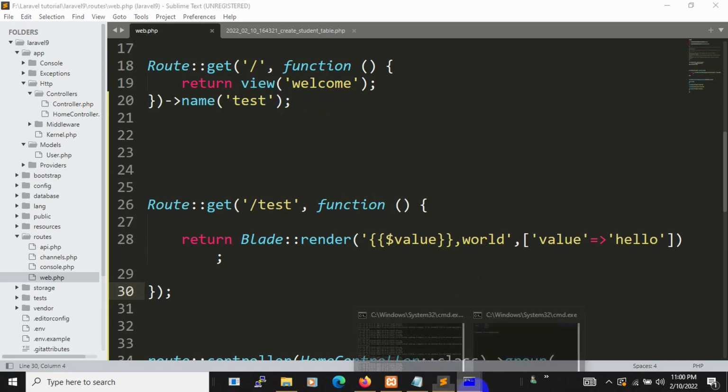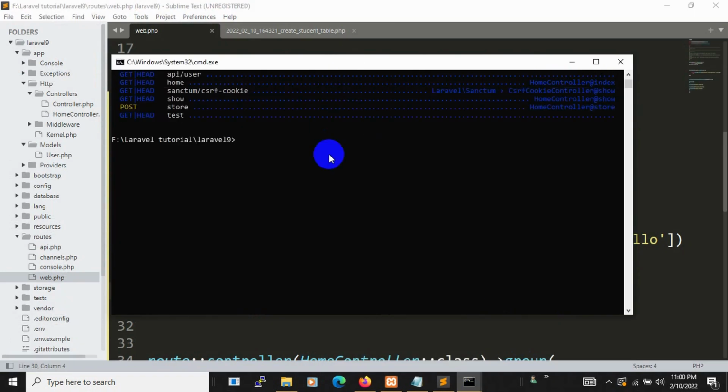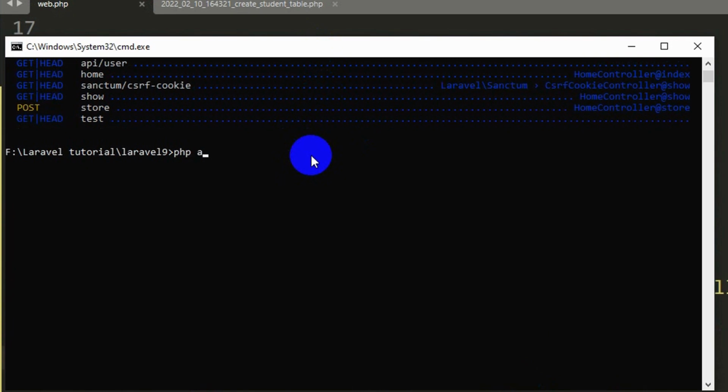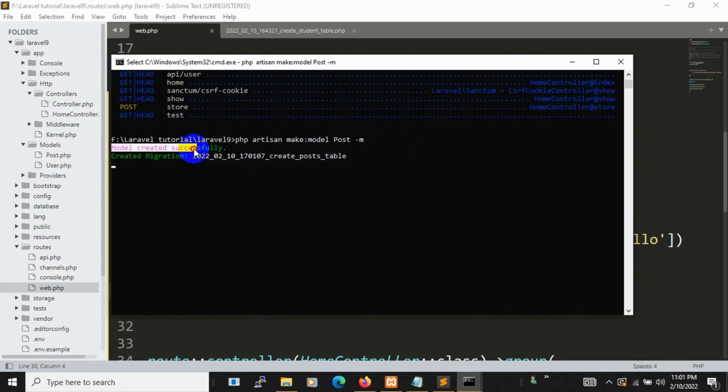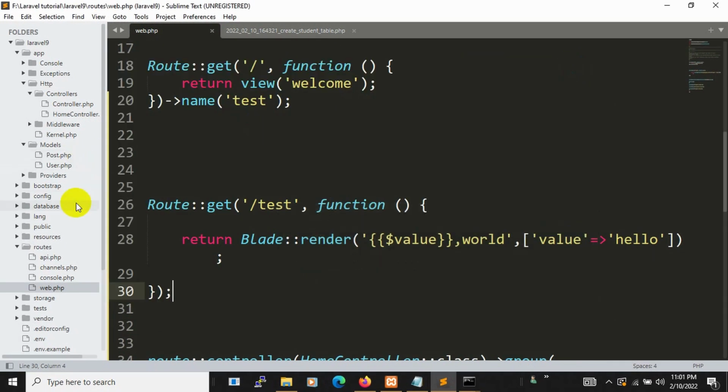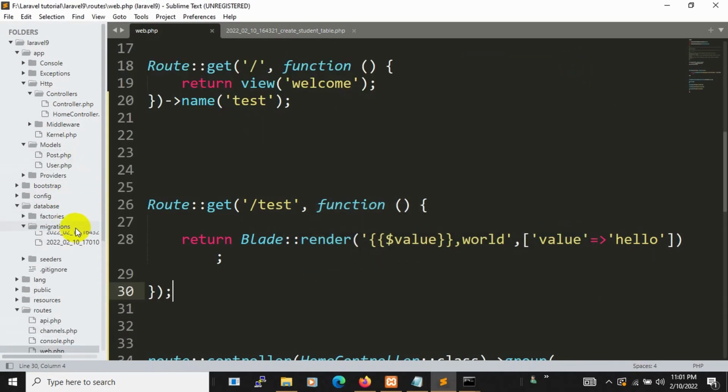So let's go and first create a model and the migration. So here let's create a model. Let's say PHP artisan make model. Let's say our model name will be post. Let's create the migrations, press enter, and there you go, model and migration is created successfully. And if we go to our database in the migration,